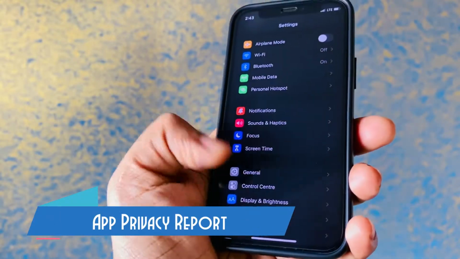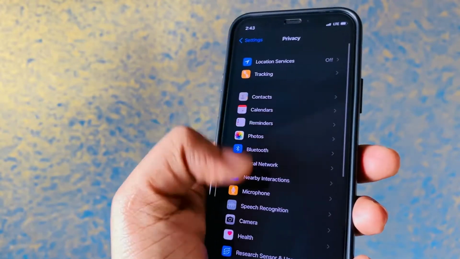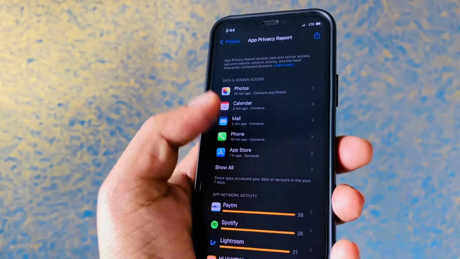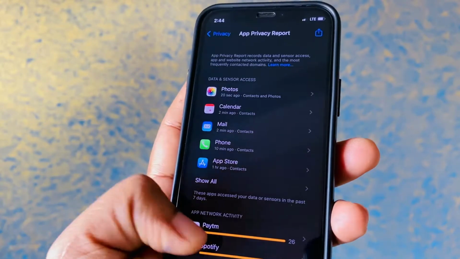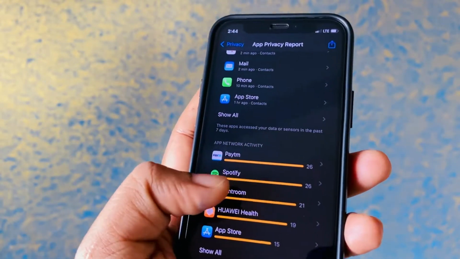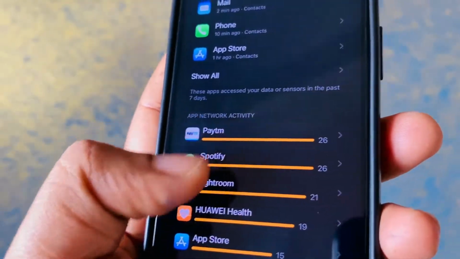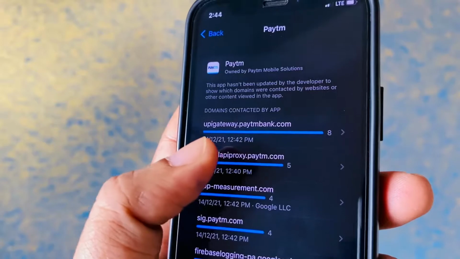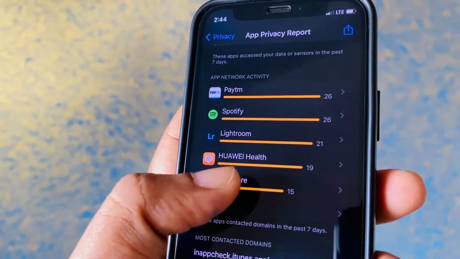And the next feature is the app privacy report. Once you go into the privacy settings, you just need to scroll down to app privacy report. Over here we have the apps that are going to track you, for example app network activity, like which apps are visiting certain domains, or the trackers, etc., will be notified over here.